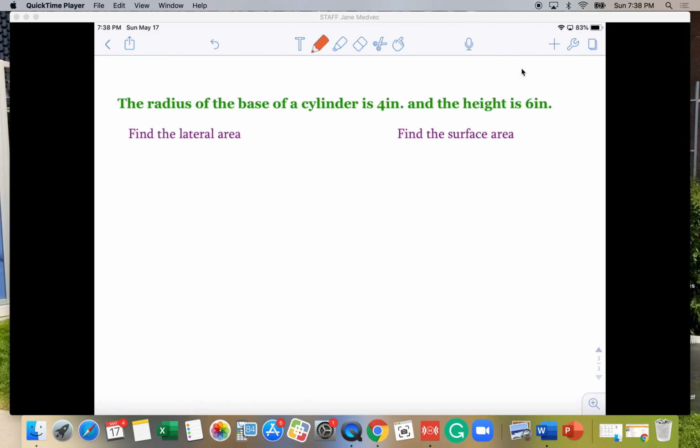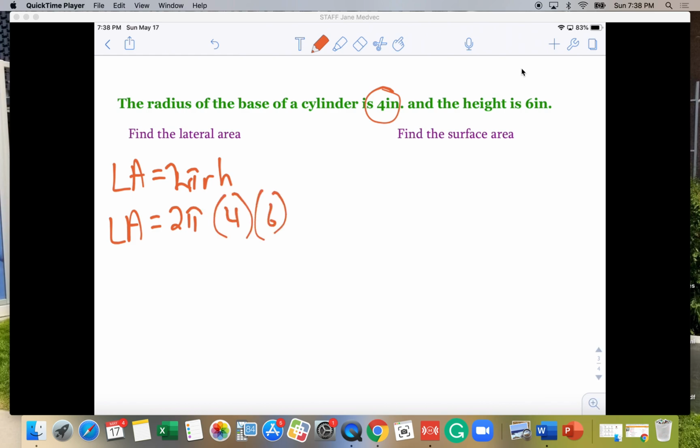Let's move on, and the radius of the base of a cylinder is 4 inches and the height is 6. How do you find the lateral area and how do you find the surface area? Again, the lateral area is the middle. So if you remember, LA is 2 pi r h. And again, they gave me the radius. So the lateral area of this is pretty easy to find. And the height is 6. So the lateral equals